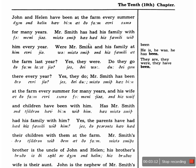John and Helen have been at the farm every summer for many years. Mr. Smith has had his family with him every year. Were Mr. Smith and his family at the farm last year? Yes, they were. Do they go there every year? Yes, they do. Mr. Smith has been at the farm every summer for many years, and his wife and children